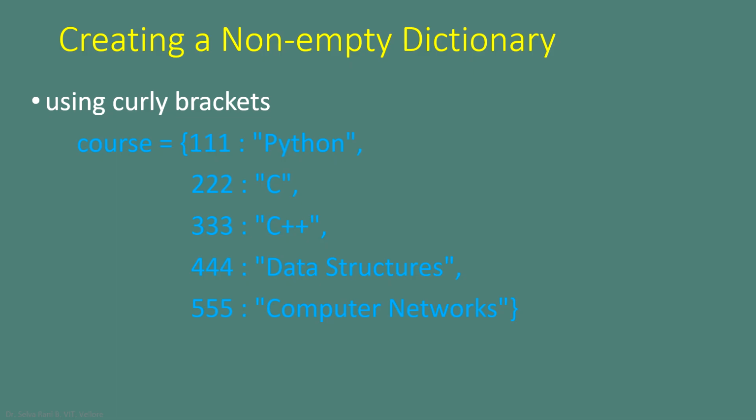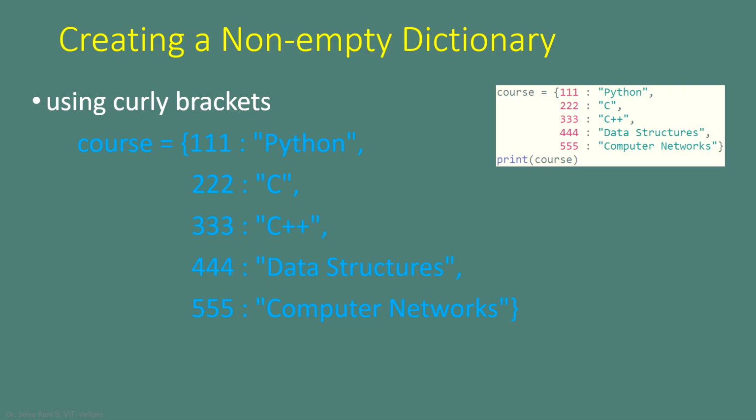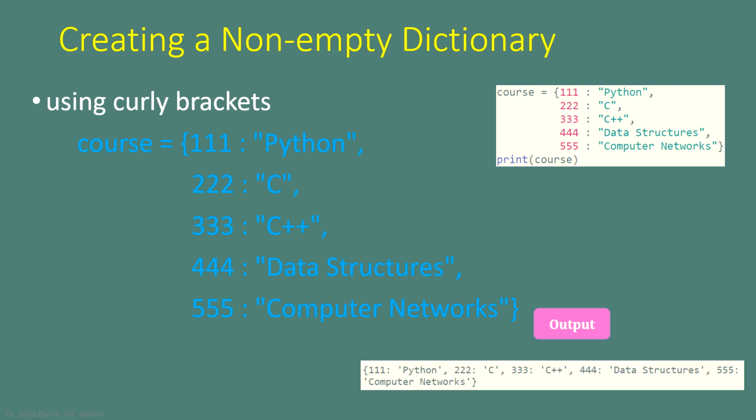Let's see one more example. Course is equal to 111 Python, 222 C, 333 C++, 444 data structures, 555 computer networks, where 111, 222, 333, 444, 555 are keys and Python, C, C++, data structures and computer networks are corresponding values. If we print the dictionary,